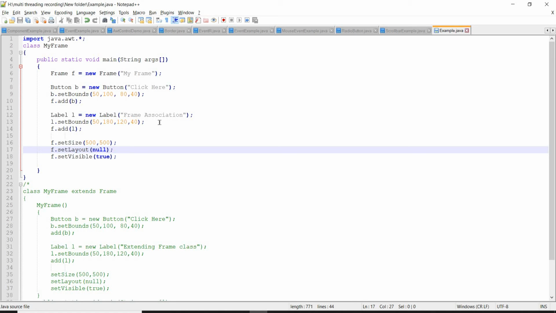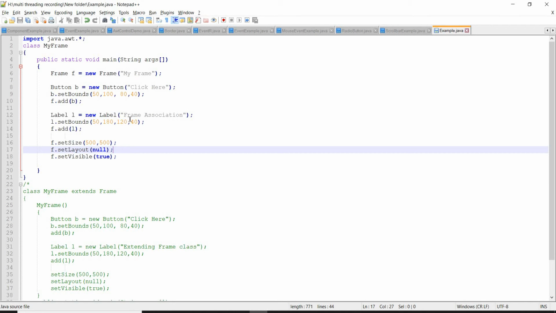In a similar way, we have created a label with some text, frame association, and we have specified where this label should be located on the frame, at the x coordinate and at position 180 on the y axis. The width of the label should be 120, height is 40. Location, width and height are specified. Then again add this label to the frame, so f.add(l). Button and label both are added to the frame.